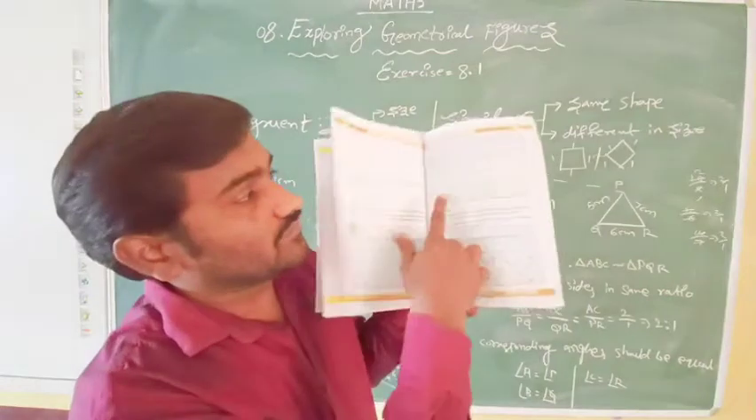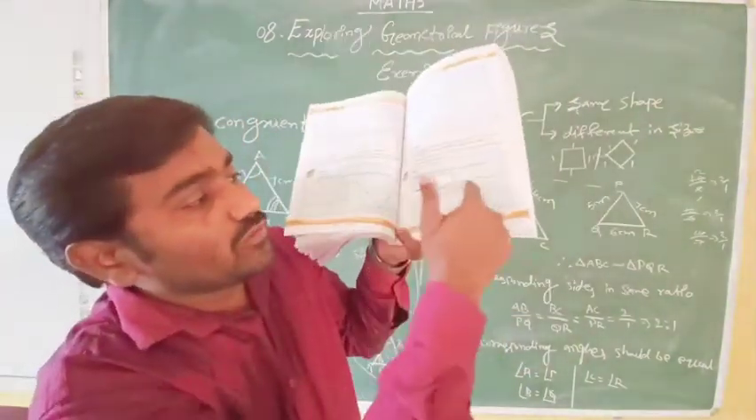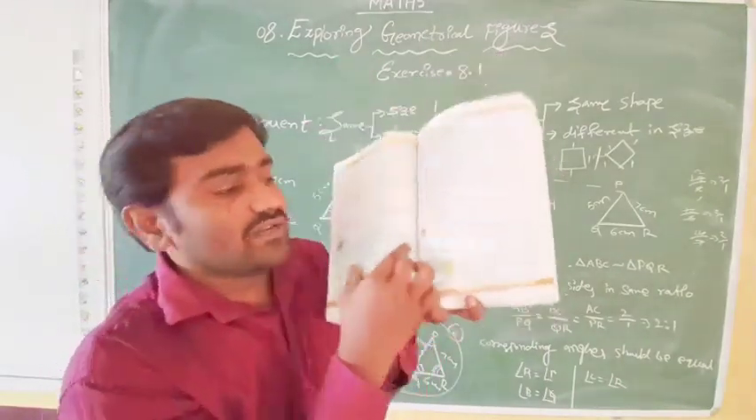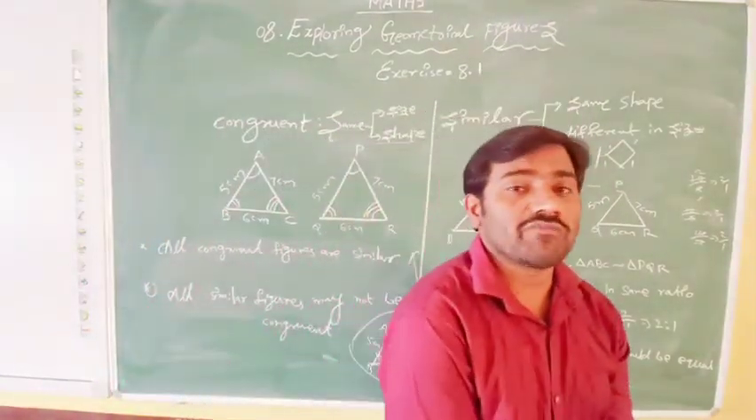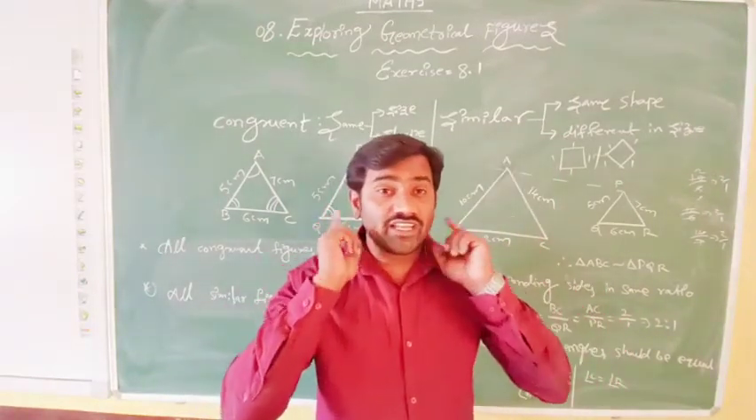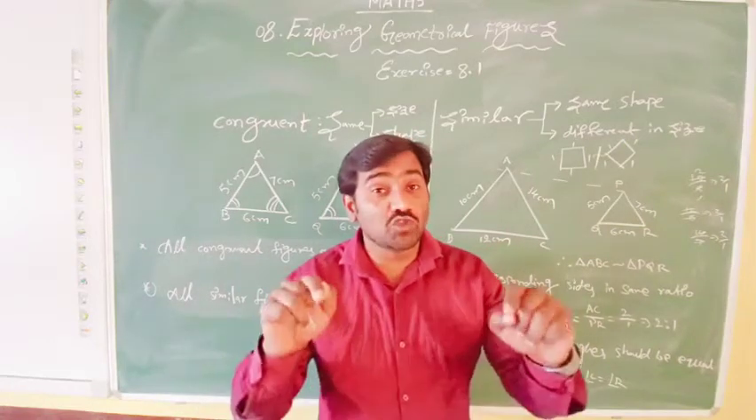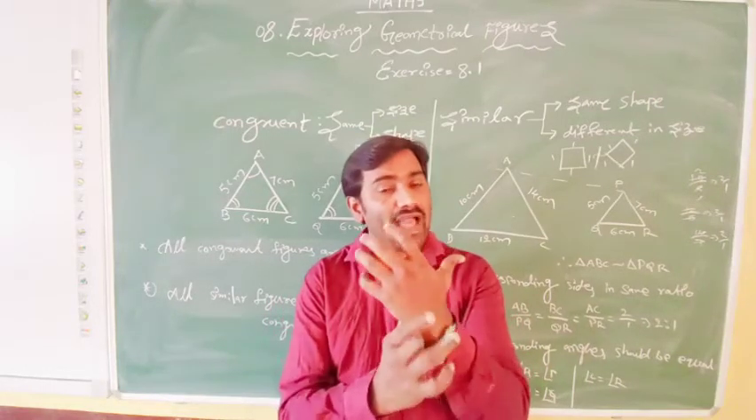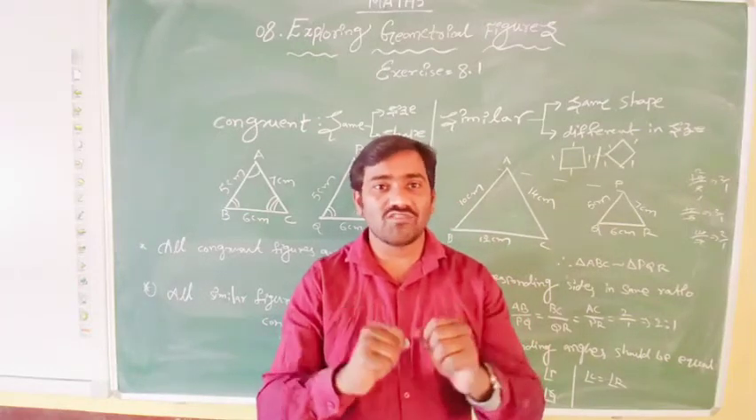Here we can see the pictures. There are some pictures given below here. Here we need to identify what are the congruent figures and what are the similar figures. So I will tell you some examples of similar figures and congruent figures. The pair of earrings of a girl are congruent. The pair of shoes of a child are congruent. The pair of bangles are congruent. The pair of socks